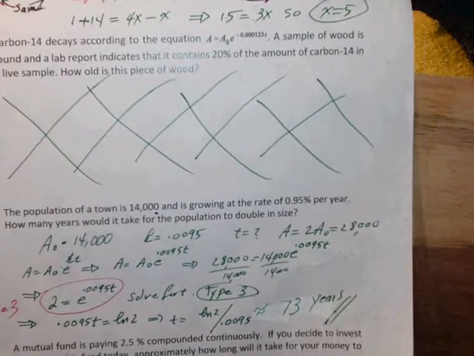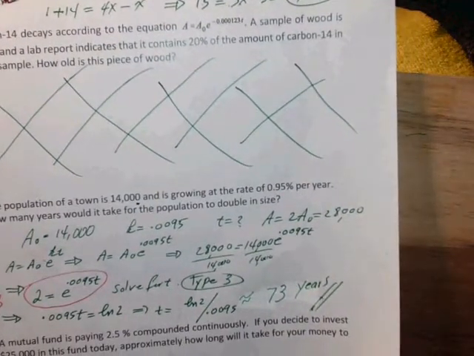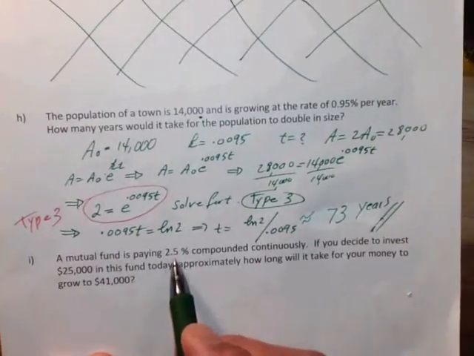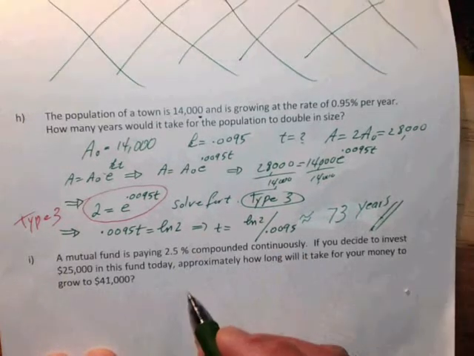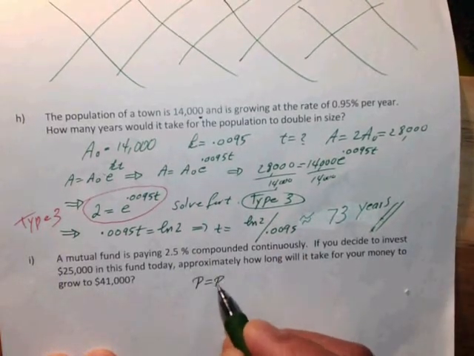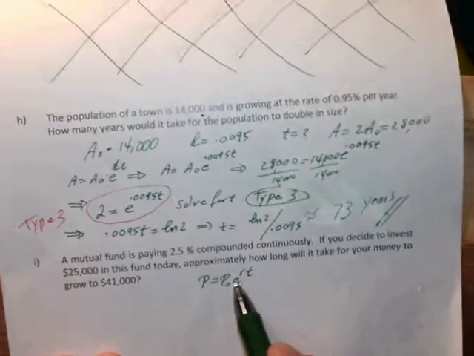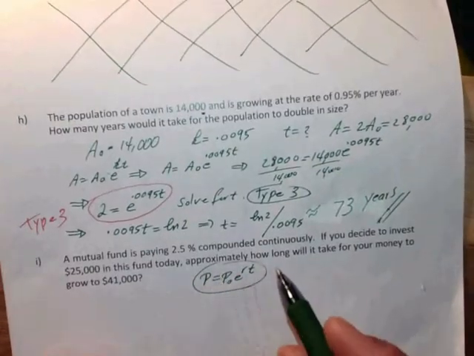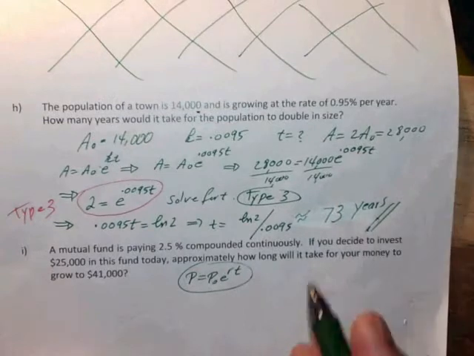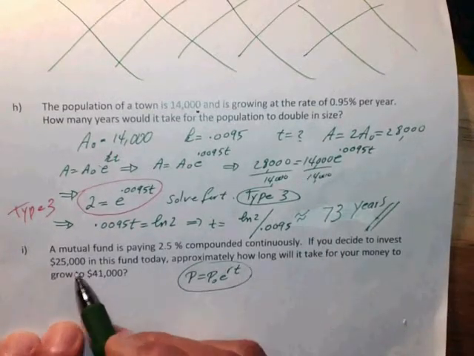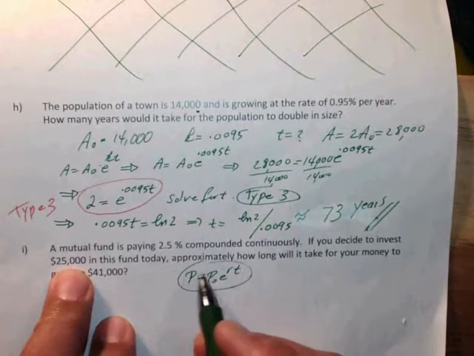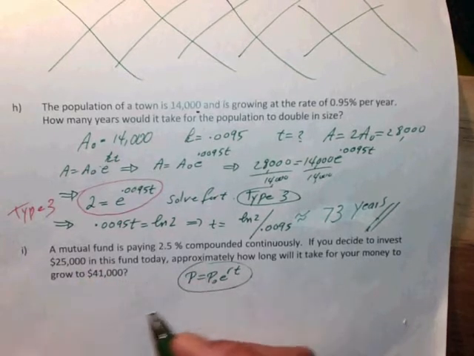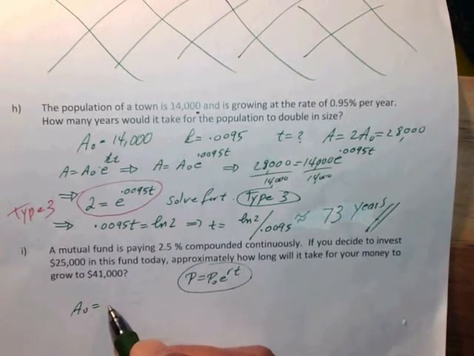One more before we go to the logarithmic equations is this problem. A mutual fund pays 2.5% compounded continuously, so that means P is equal to P0 e to the RT. That's the compounding continuously formula, if you don't remember. It's a form of exponential growth. If you decide to invest $25,000 now, how long will it take for the money to reach 41,000? So in other words, P0 is